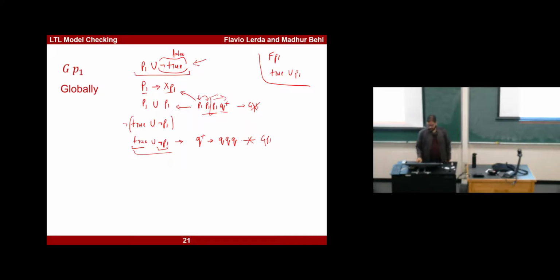In fact, this expression, let's call it expression A, is exactly the same as expression B. I'll show you why. Let's look at this expression first. We want to say we don't care what is true until we don't see a P1. That's what the inner expression is. In other words, forget about this negation for a second, just look at this one. If a trace satisfies